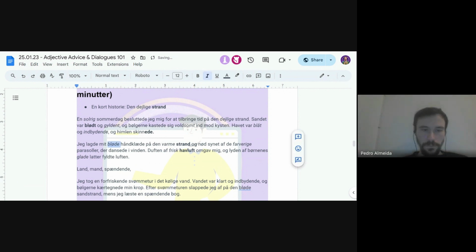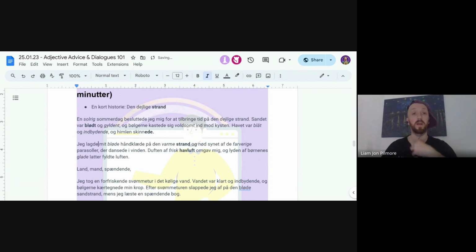Blød, ja. Yeah. So this is an example of this ownership. So we've got the E form. Here we have den varme, so we also have the E form. And here we have de. When you talk about something plural, the colorful, you use de instead of den or det. But it's the same rule. You use the definite E form. Duften er frisk luft. Frisk luft. Ja, det var sådan set det.